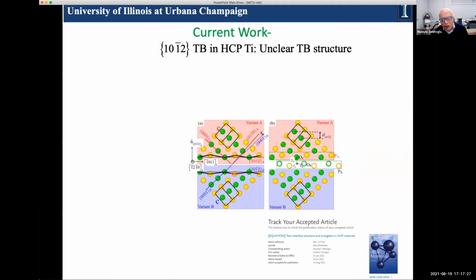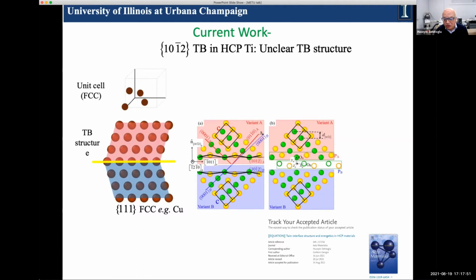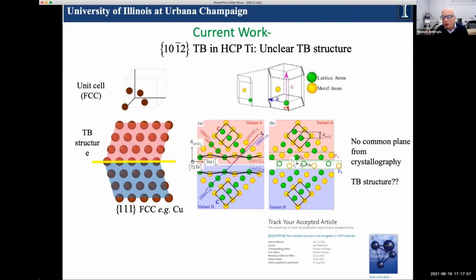And this is, you know, based on lattice considerations, this is how it looks. But what we found is that there has to be some initial offsets to minimize this twin boundary energy. The boundary energy here with this corrugated structure is quite high. So what we did was, and this is the work with Samir and Görkem, no common plane. It's not clear where the twinning plane is. It could be here, it could be here, so the twin boundary structure is not known.